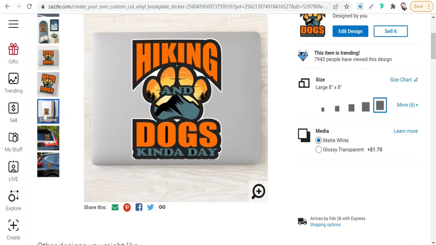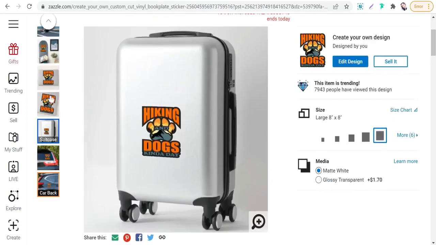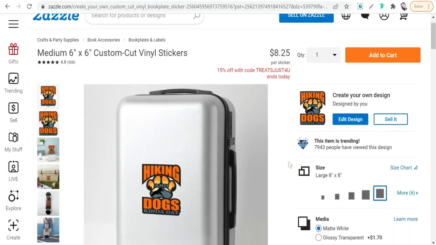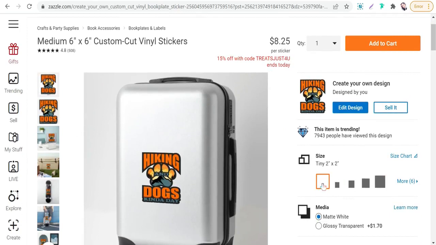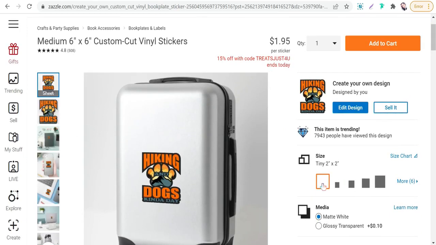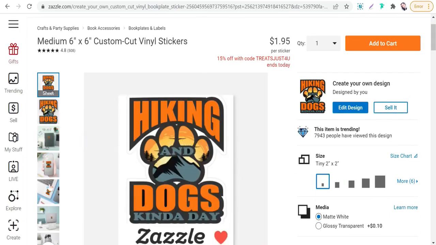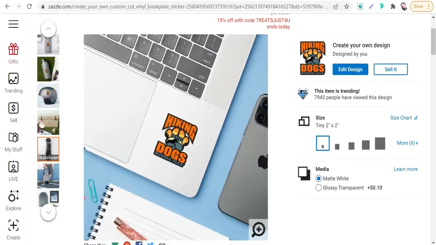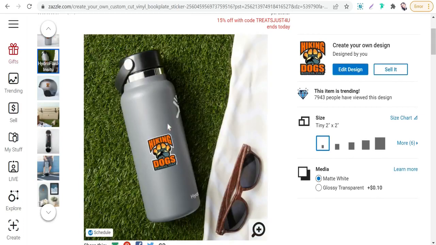Perfect. In your luggage. Okay, and so on. Okay, perfect. Or if we choose this one, tiny or small sticker, which you can put on your laptop, as you see, like a water bottle, as you see. Okay,